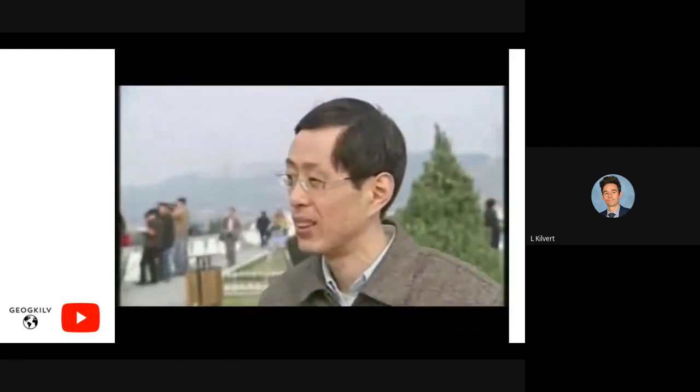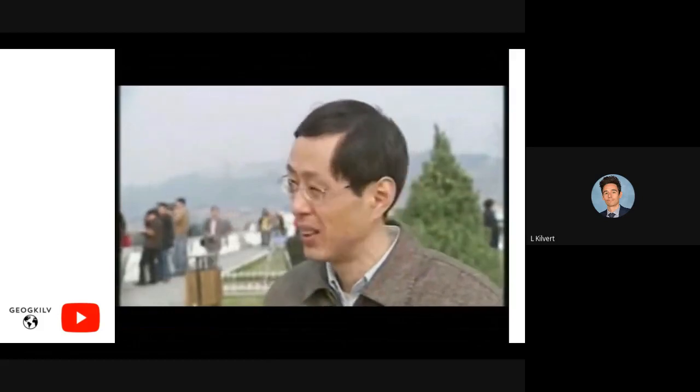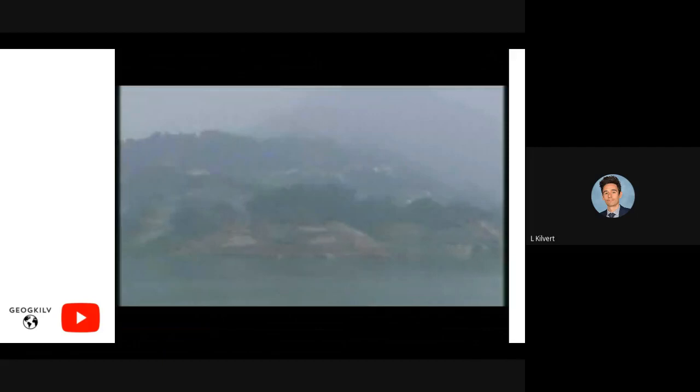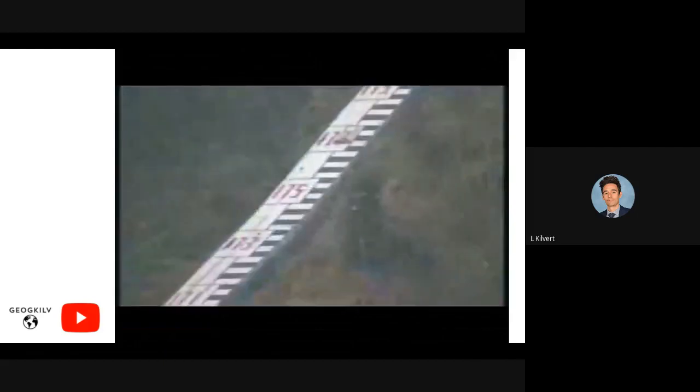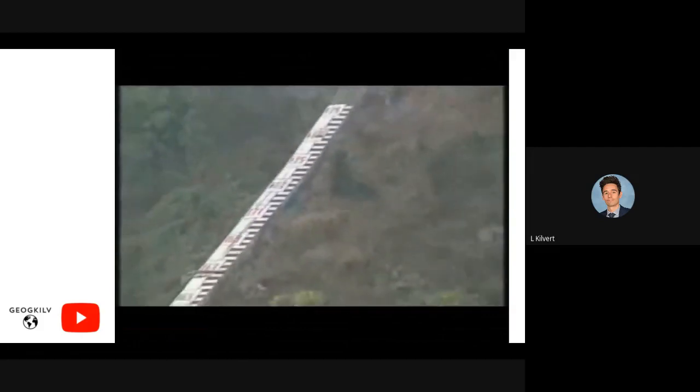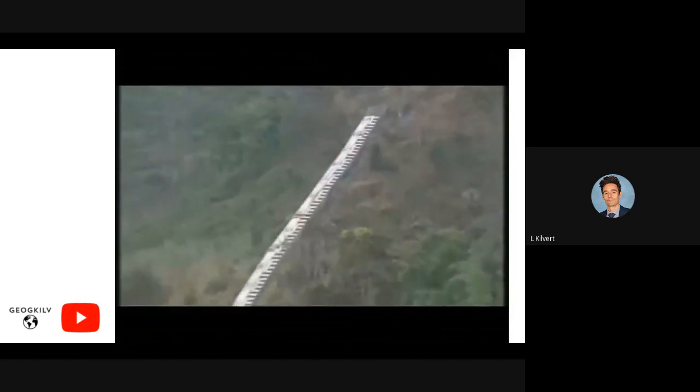Looking at the progress and the initial efficiency of the project, all the problems are basically tackled. But it's not that simple, and they know it. The government laid on a boat to take us up the giant reservoir created by the dam. 175 meters marks the height the waters will reach when the project's completed in 2009. The reservoir bank is scarred by landslides, which geologists say are caused by erosion as the water level rises and